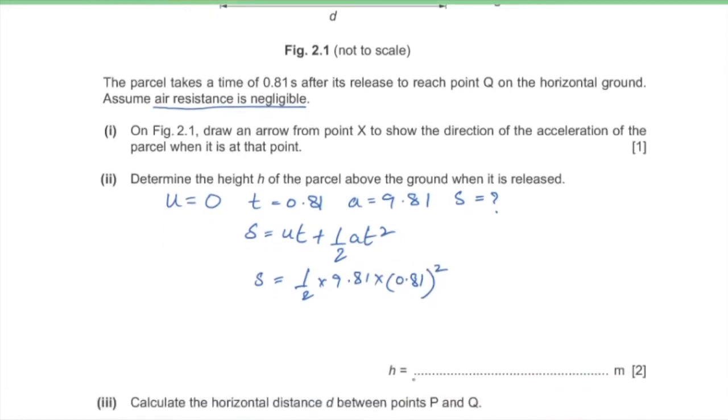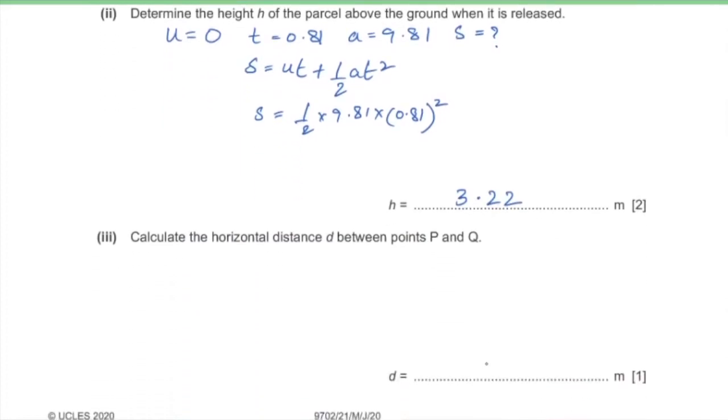And you get h as 3.22 meters. Part 3, calculate the horizontal distance d between points P and Q. So horizontal distance is always going to be